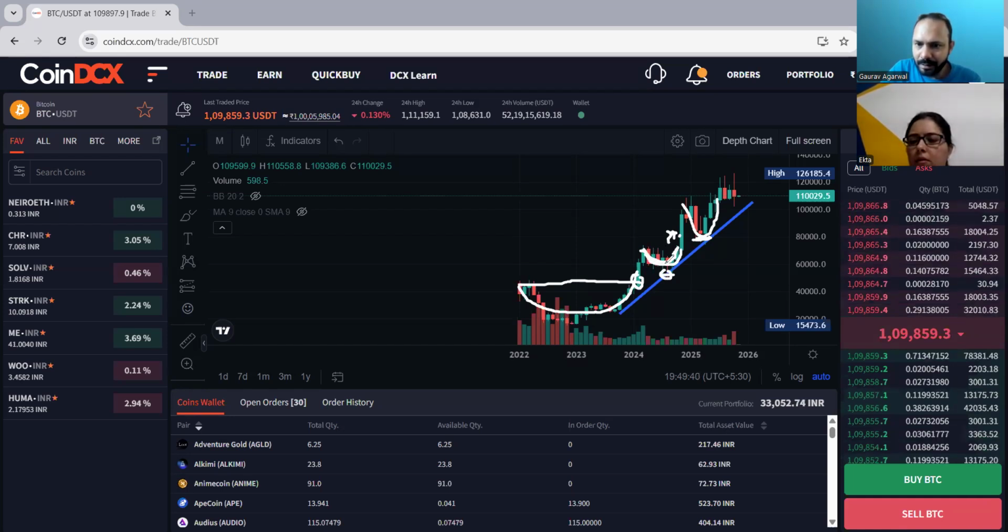So here also you can see a rounding bottom pattern, and there was a breakout with a big green candle, right? Here, this green candle, and then there was a breakout retest again here, right? Isn't this like a perfect chart for breakout and breakdown? Yes, this is again a rounding bottom. There was a breakout, and here it is doing a breakout retest. This area.